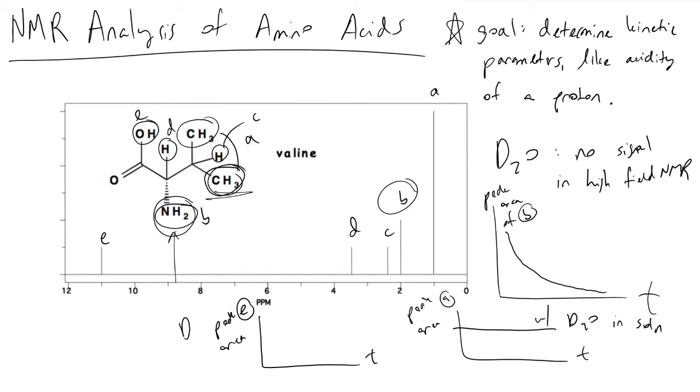with time, if we introduce D2O, we find that it would increase even faster than that of B, because this is a carboxylic acid. It's got a very stable conjugate base because of resonance structures, and therefore what we would find is that proton will very readily exchange with a deuterium in our solution. And so it is helpful for us to begin to look at pKa values, for instance, as well as other kinetic parameters that help us deduce